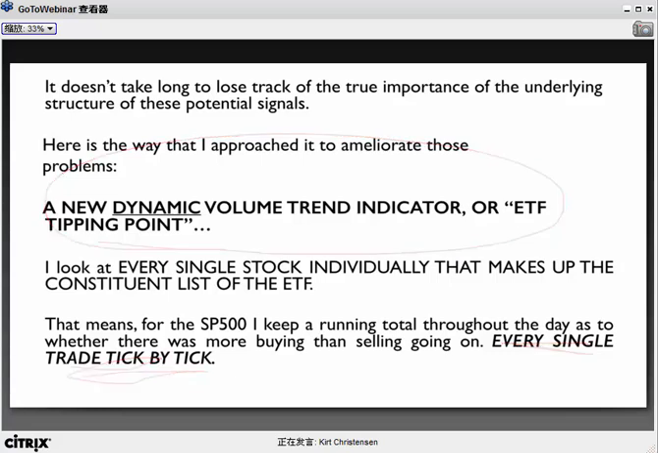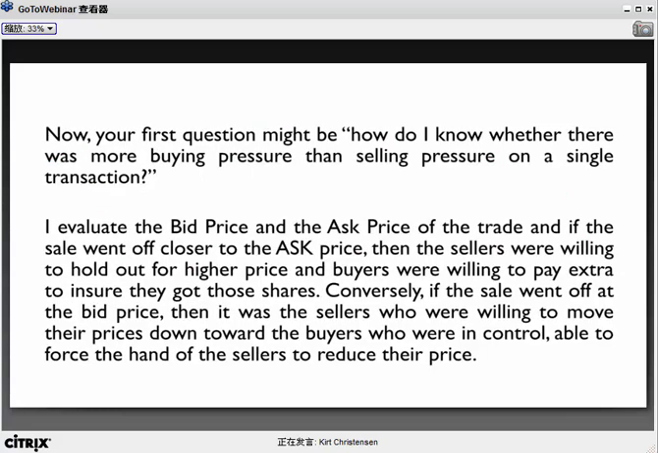So you may be thinking, well, how do you do that? Anybody have any ideas? How would you be able to tell whether there's more buying or selling pressure on every single stock transaction that takes place on every single one of the 500 stocks that makes up the S&P 500? Go ahead. If you have an idea, type it in there. Well, I'm kind of giving you a little bit of a cheat because we're already on the slide where we talk about it. So what we do